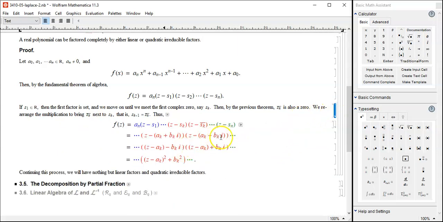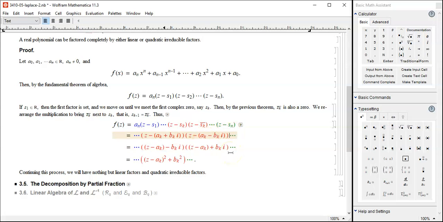Okay, here we go. Get these and then break those apart. You don't have to FOIL it yet. Here's a little bit more clever method. Take this z minus ak, and then minus times plus or minus bk i. And here,